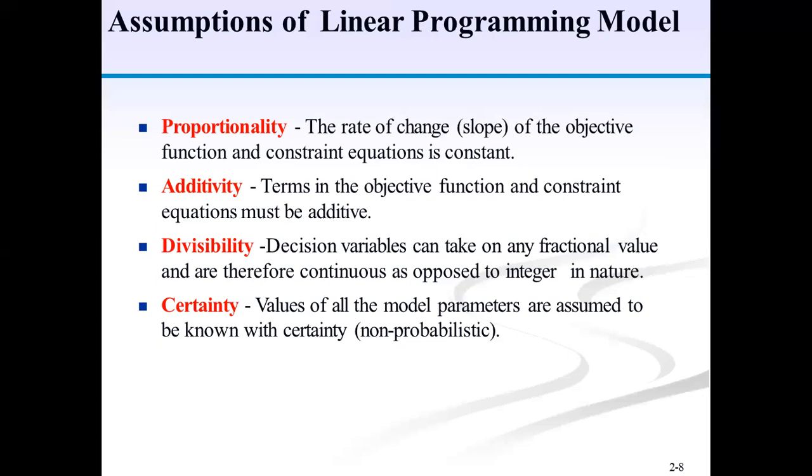Now come to certainty. A linear programming model also assumes that the various parameters, such as the coefficients of the constraints, the objective function coefficients and the resource values, are known with certainty, and they do not change with the passage of time. So the availability of material and labor, the cost and profit per unit of the product, and the market demand of the product are assumed to be known with certainty. Divisibility: under this assumption, the solution need not be a whole number, and it can take any fractional value or decimals. There is no restriction regarding whole numbers.